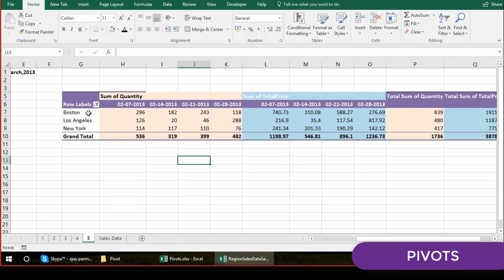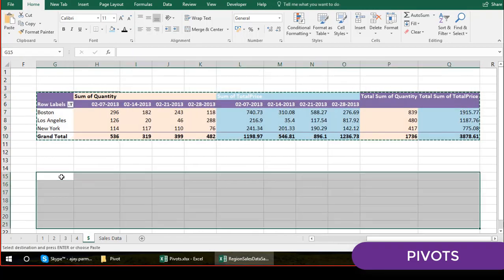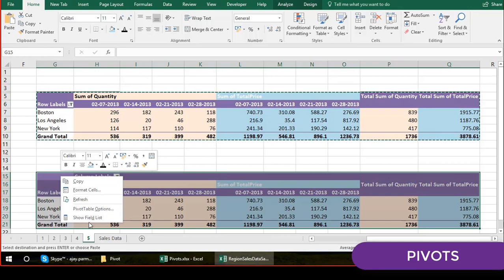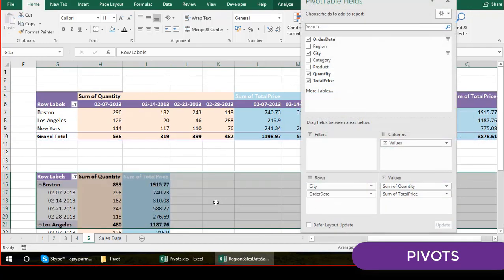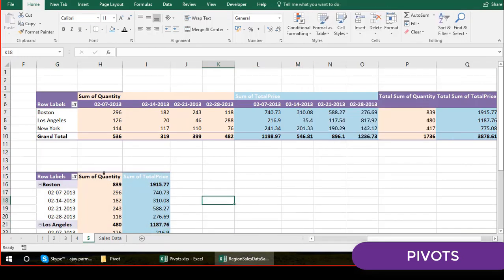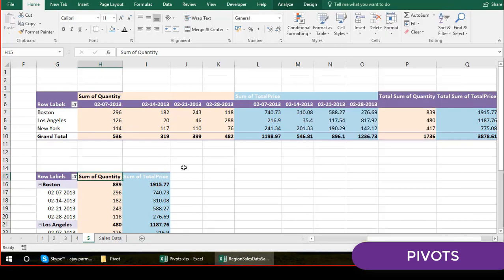If you don't like this structure, as I said, you can quickly copy this, Control A and Control V, and let's right click, show field list. Let's put the date here also. This is also okay, just in case you are interested in this particular thing. Okay, so you have the total price. Change this font to black, paintbrush, right?